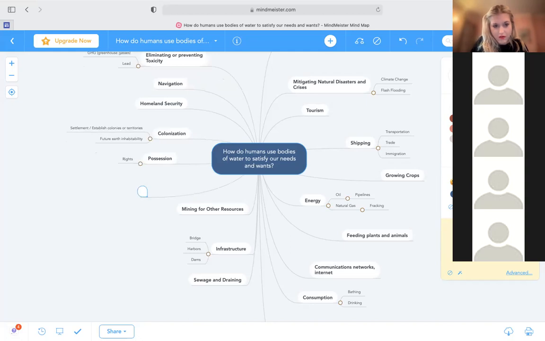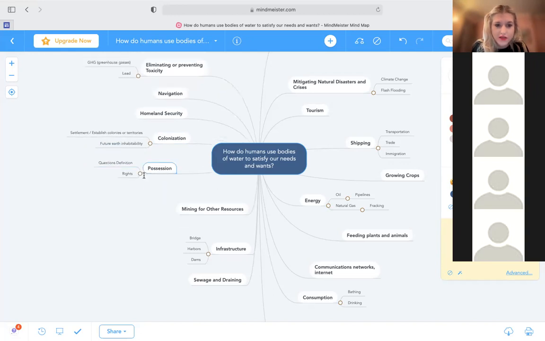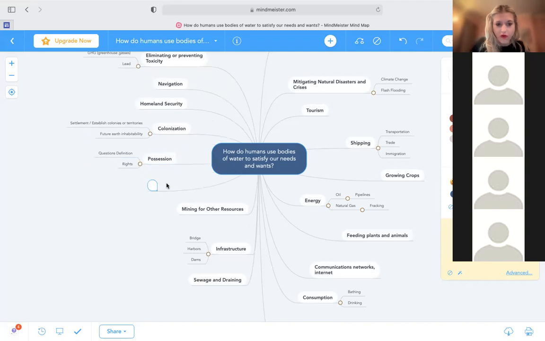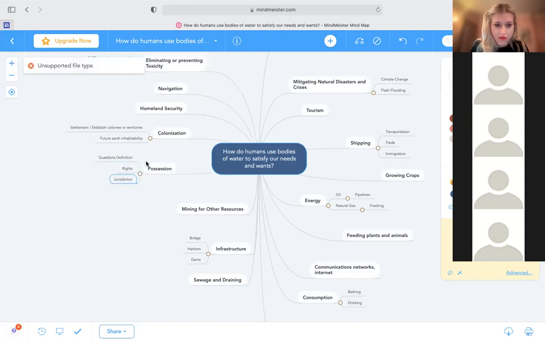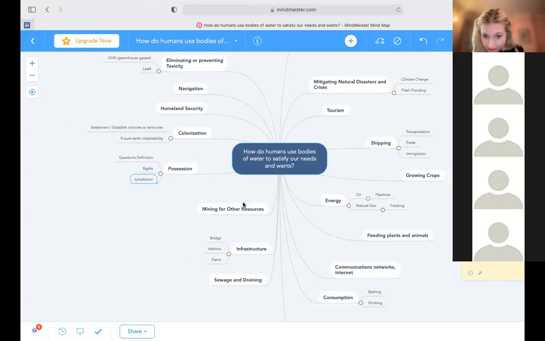How do we define? This is why you'll see affirmatives that are about questions of definition, because questions of definition directly relate to who gets to possess and who gets to regulate. Whoever possesses and has jurisdiction over that body of water gets to regulate it, has the jurisdiction to use it as a resource, right? What makes it ours to use as a resource? What makes the body of water the United States federal government's, and what makes it within the United States federal government?